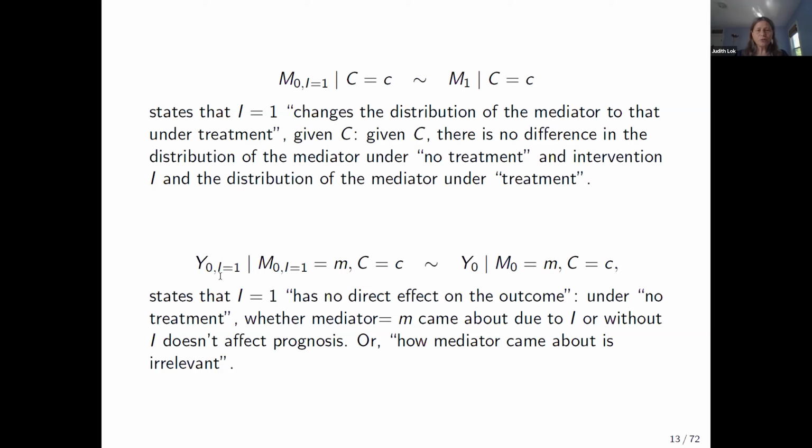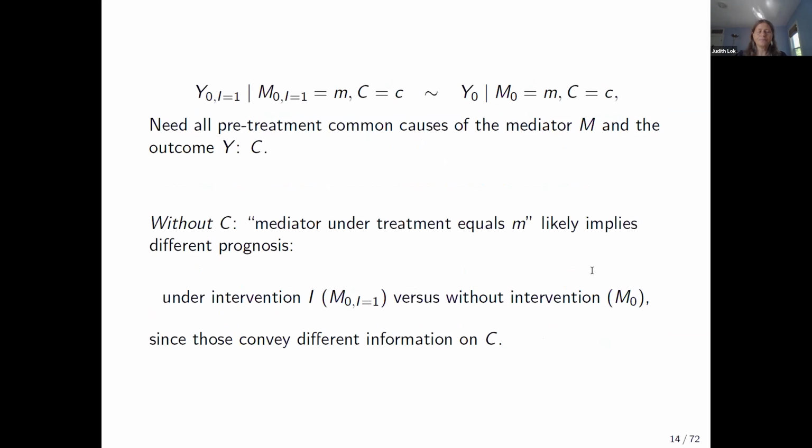This condition can also be relaxed by looking at conditional expectation of this one and this one given the conditioning event being equal. In order to have an intervention on the mediator that satisfies this second condition, one needs all pre-treatment common causes C of the mediator and the outcome. Without C, if we take this condition on C out of the conditioning event, when we condition on this mediator